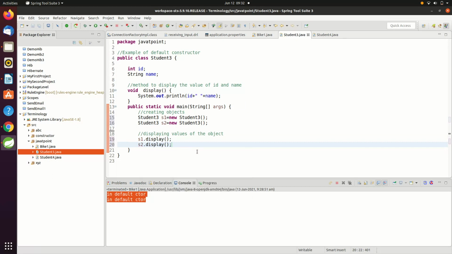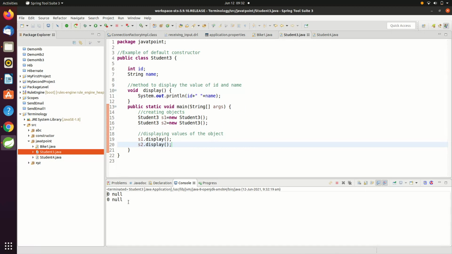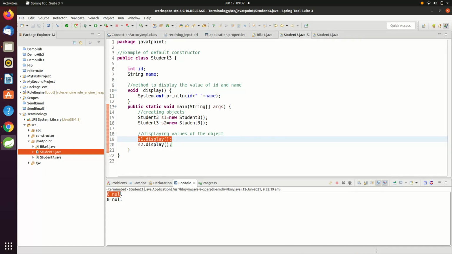That's it. Now let's run this program by using Ctrl plus F11, and you can see in the console, guys, what is the output. You haven't given any values, yet the compiler has given the values 0 and null implicitly. For s1.display, the first line has been printed: 0 and null.